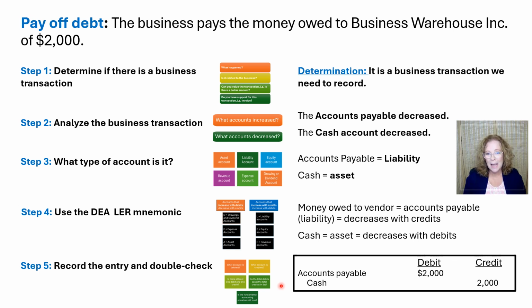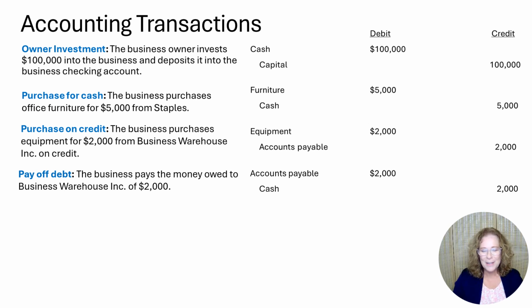Accounts payable is a liability account and it decreased by $2,000. So minus $2,000 to the liability side, the right side of the equation. Cash decreased. Cash is an asset on the left side of the equation. So minus $2,000 on the left side of the equation. And you can see that the left side of the equation decreased by $2,000 and the right side of the equation went down $2,000, which means that the accounting equation, assets equals liabilities plus owner's equity, still balances. Let's add this transaction to our list of accounting transactions as well.